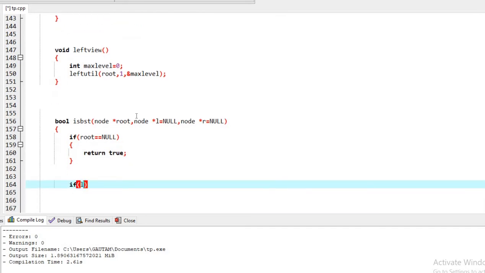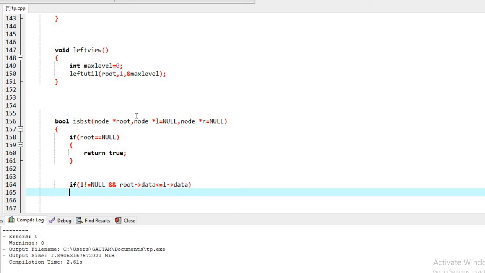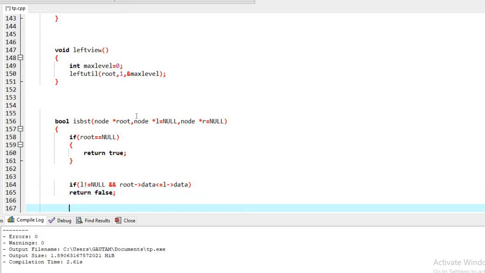Now we will move to the left part and check if root arrow data is less or equal to L arrow data, that is the false condition, because then it won't be a BST. You must be knowing that in BST left data should be smaller than the root data, and right arrow data should be greater than the root data.